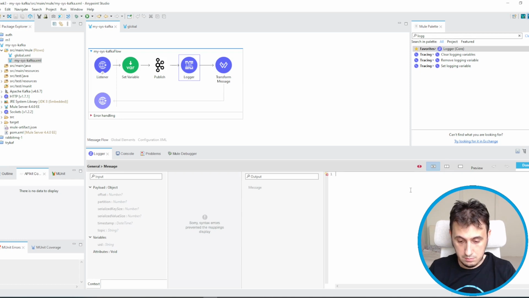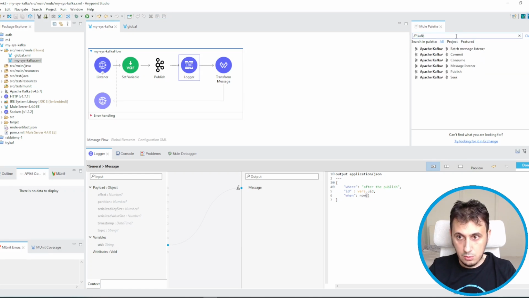So we can answer, for example, application JSON, where after the publish, id, vars id, when now. Okay, so we insert also the message listener.